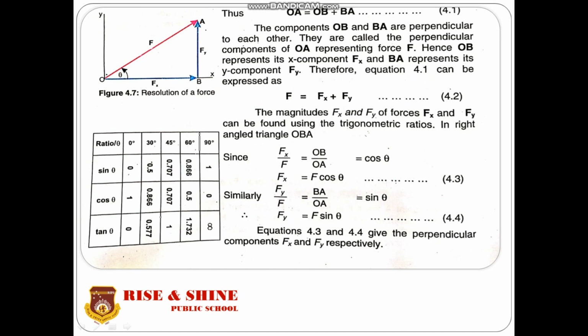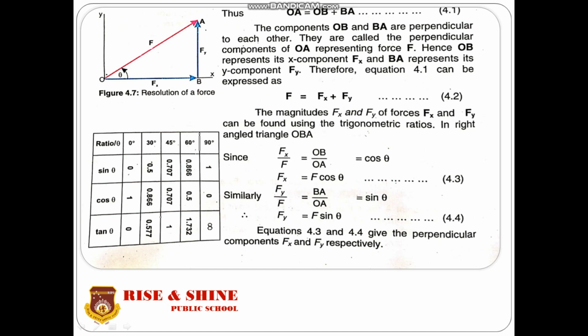Line OA represents vector F, OB represents Fx and BA represents Fy. Now we write an equation according to the head-to-tail rule. OA is equal to OB plus BA, where OA is F, OB is Fx and BA is Fy. This is equation 4.2. Now we use the trigonometric ratios to find the equations for the perpendicular components of